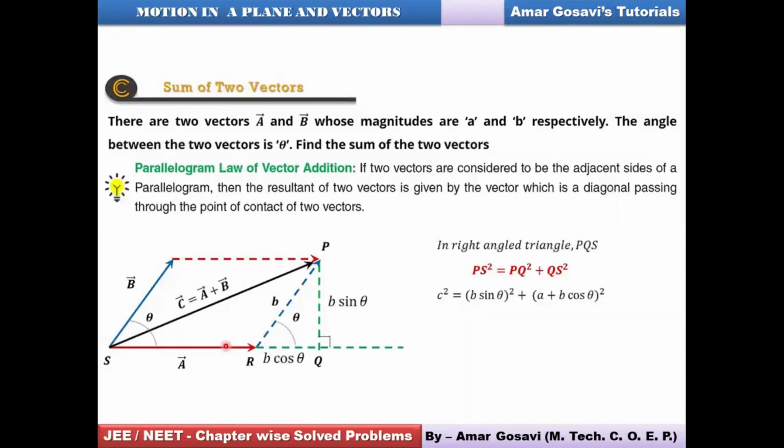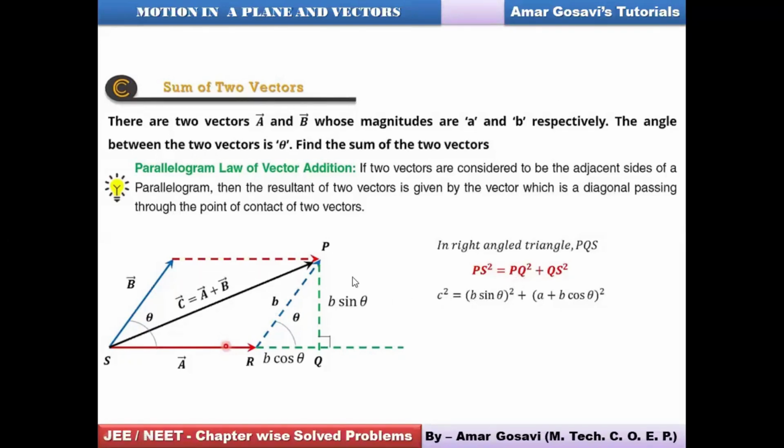So time and again the notations can change. So far as you know the meaning of it, that is more important. Considering the meaning of it while deriving is more important. Notations can always change. Different books will have different notations. Now here for this particular diagram, PS square can be represented as C square.